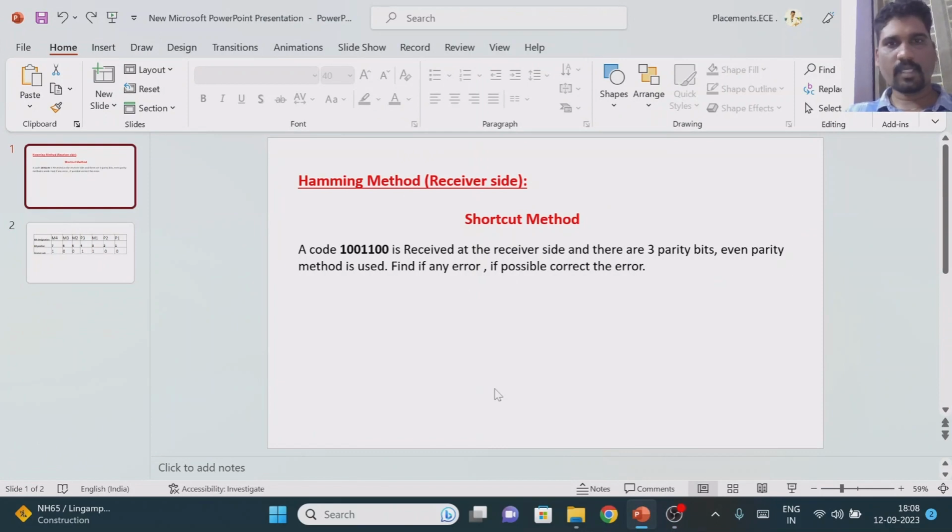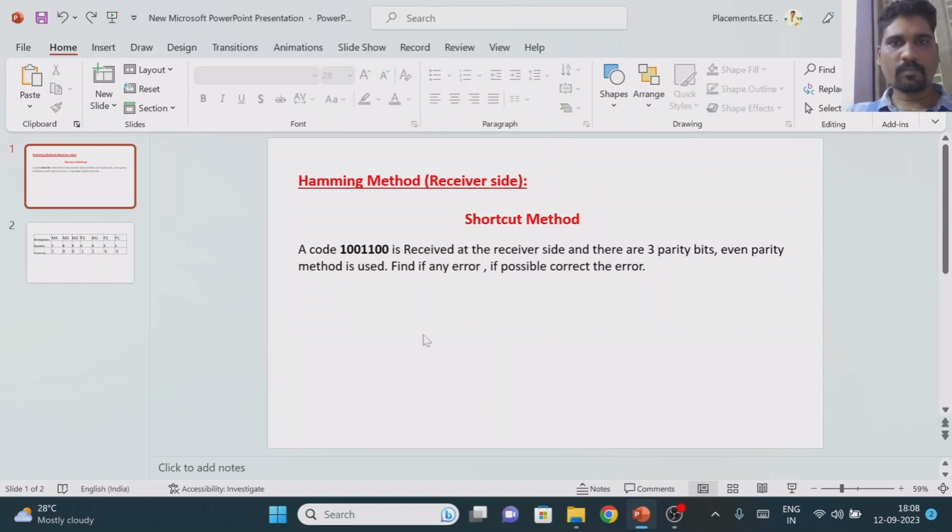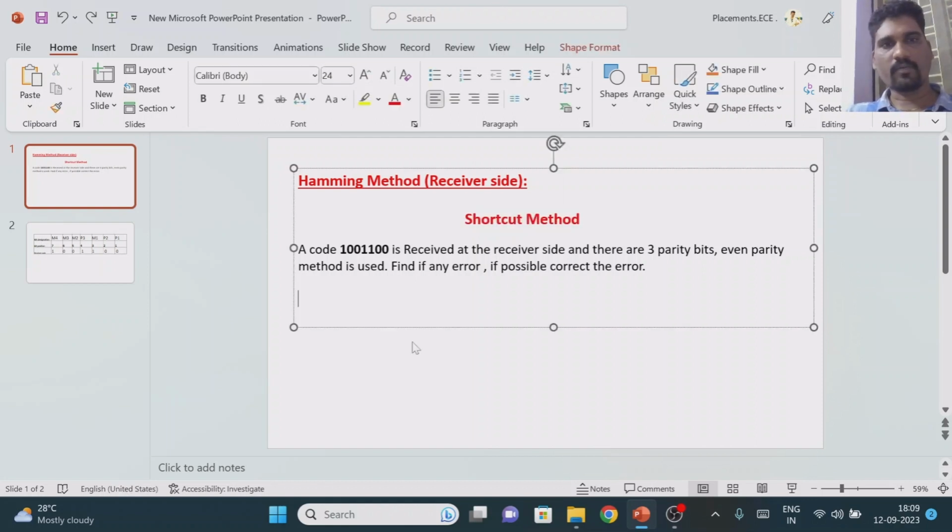In the previous class we explained how to find out whether the received information is correct or not, and at which location we have the error. Now we are going to find out if there is any shortcut method to solve this problem, either on the transmitter part or the receiver part. How to find out the Hamming code within 30 seconds or within a minute? If you understand the previous concept, we can find the solution within a minute. So let us see how to find the answer using the shortcut method for the Hamming